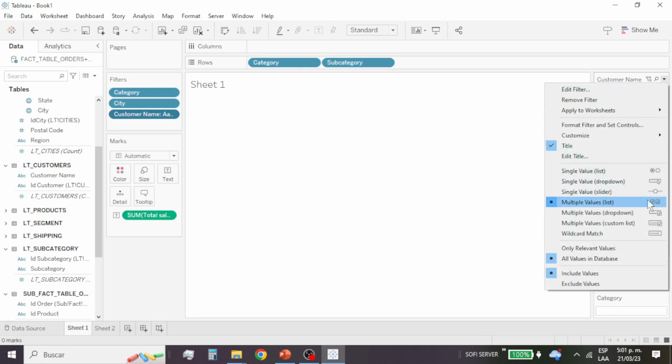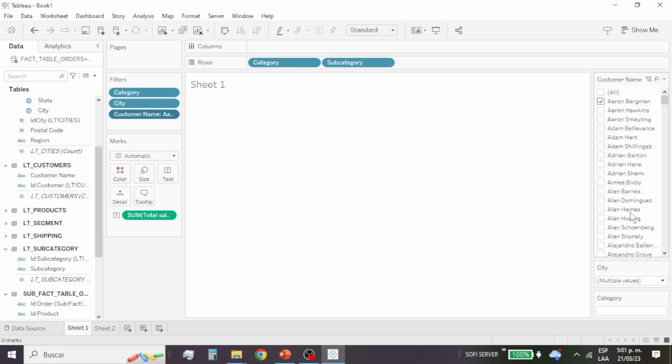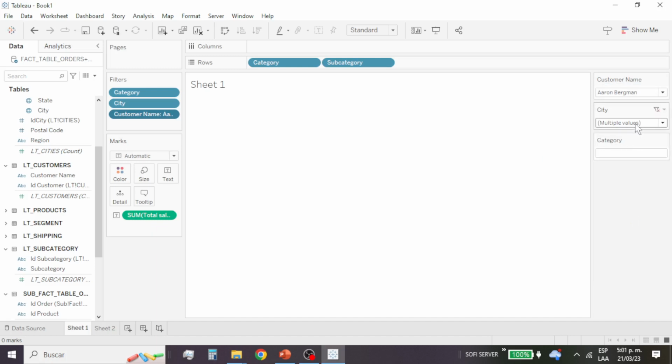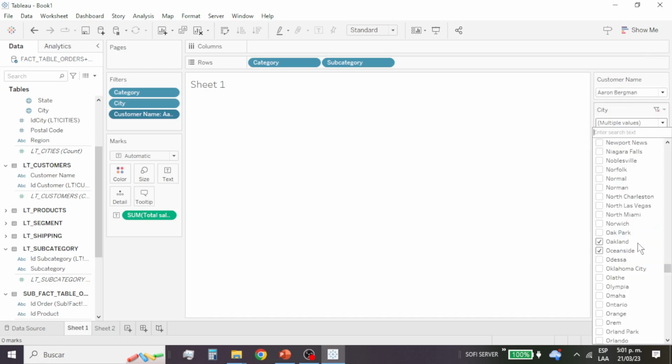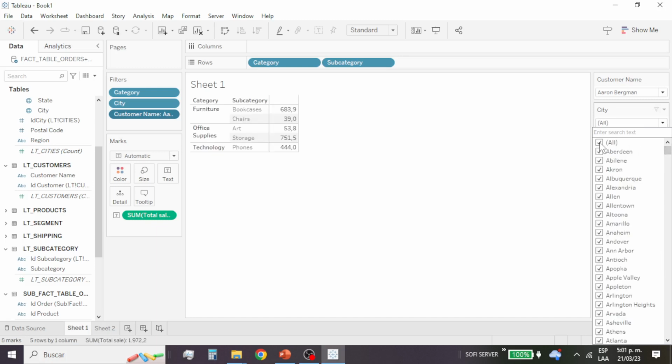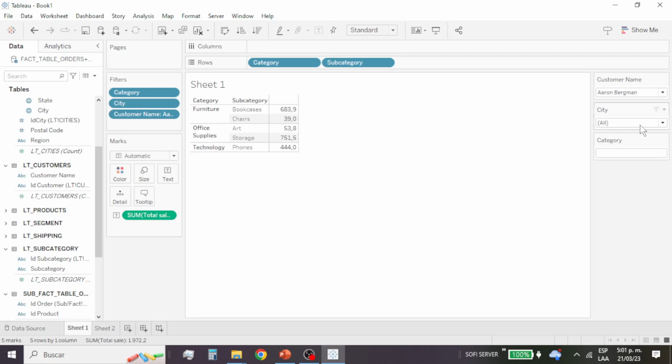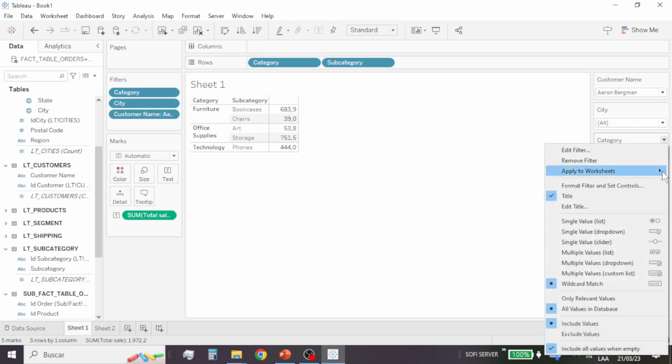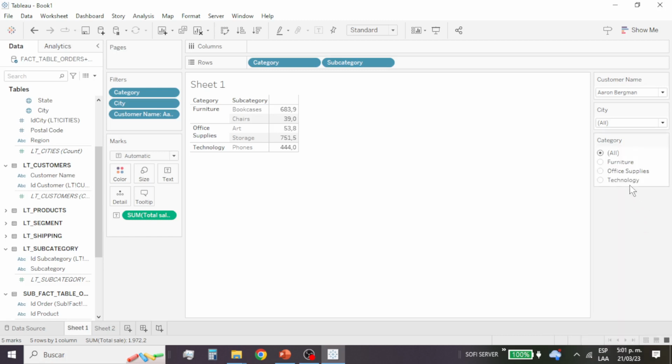And I'm going to use multiple values drop down in order to see also the cities. So Aaron Bergman has no information for Auckland or Oceanside, and I'm going to choose all cities unless I know the city of Aaron Bergman. Anyway, I am using only Aaron Bergman, any city, and I am not choosing any category, but I am going to use the single value list for categories, and I am going to choose only office supplies for Aaron Bergman